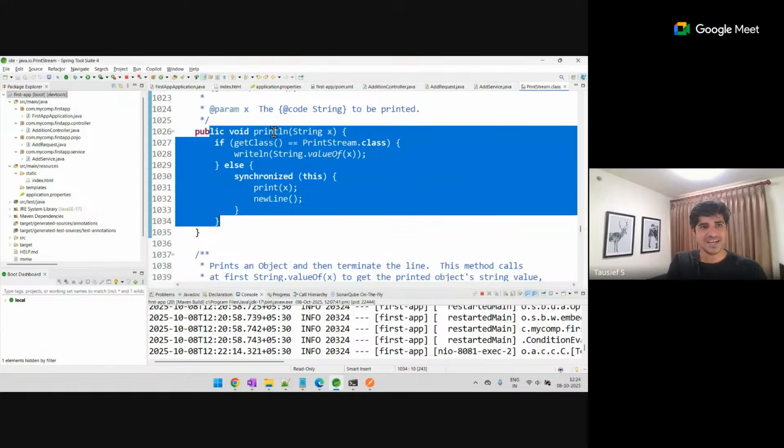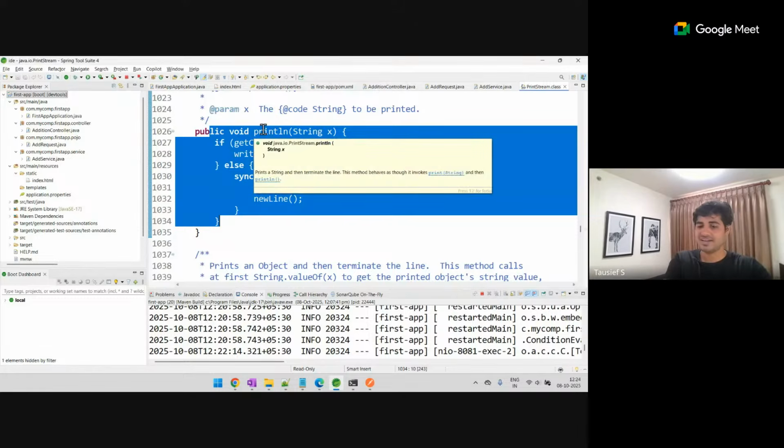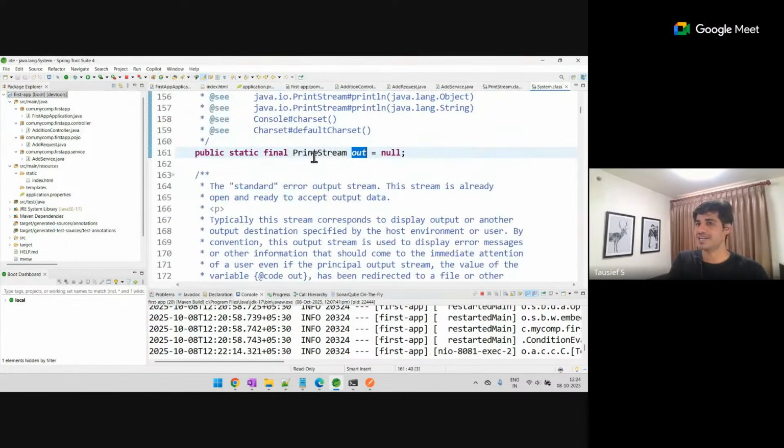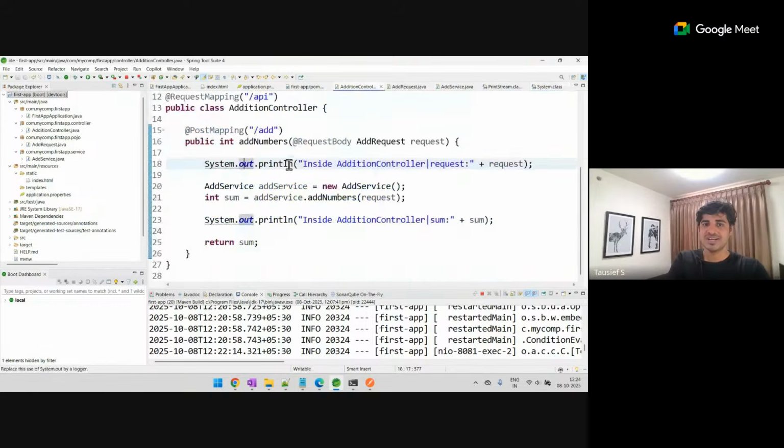It is available inside PrintStream. Nothing but for printing something on the screen, you are taking an object of PrintStream and then calling a method, right? And where is this PrintStream object? This is out. So out is a PrintStream object in the System class. Whenever the Java application is coming up, this value is going to be properly initialized, and then you can successfully use